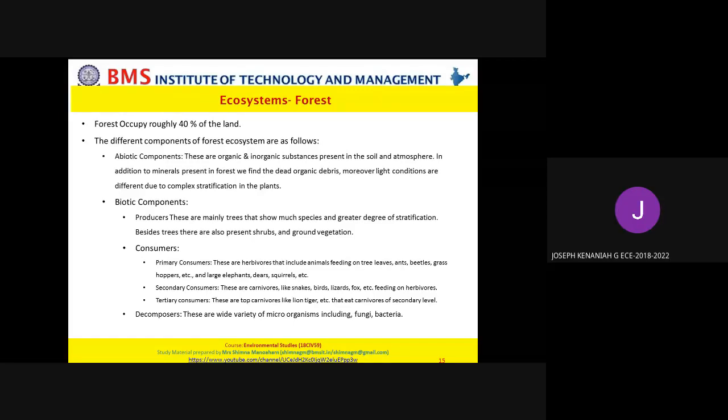In a forest so much is there, ma'am. Tell me, name at least 2 to 3. The snakes build houses, the birds build nests. Snake is non-living? No. Where they stay, the caves. Cave is made of something, rocks. What is it made up of? No, I want the abiotic factors that are in a forest. List at least 3 abiotic factors in a forest.